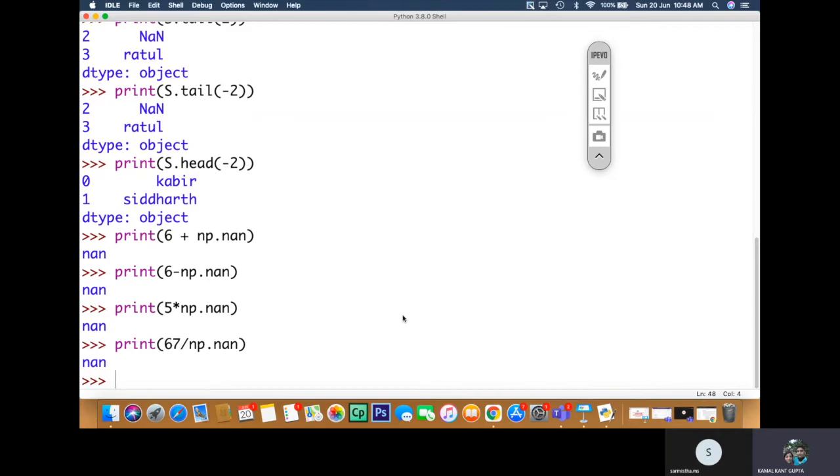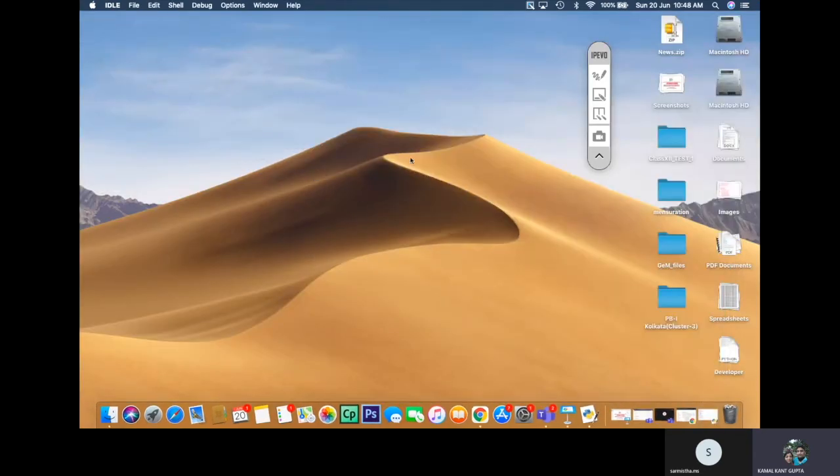So this was the primary thing that we wanted to do, so as to check what will happen if I am doing some arithmetic operation on unknown values. Now let us go to the series, because series can have unknown values like this, NaN values in this. Okay, so let us see.